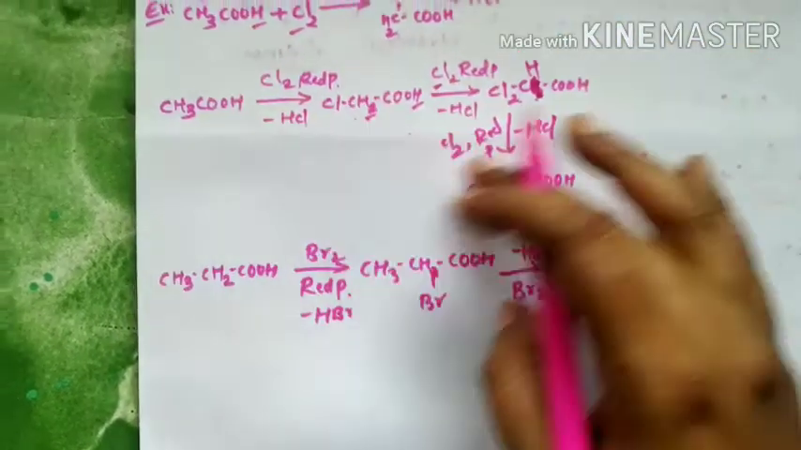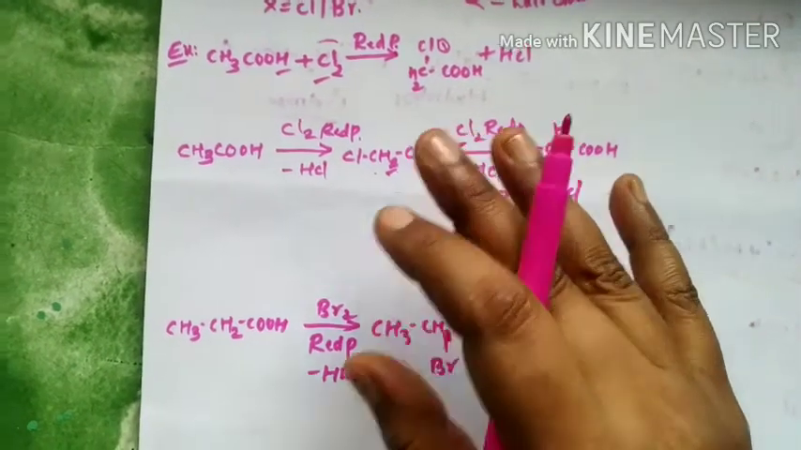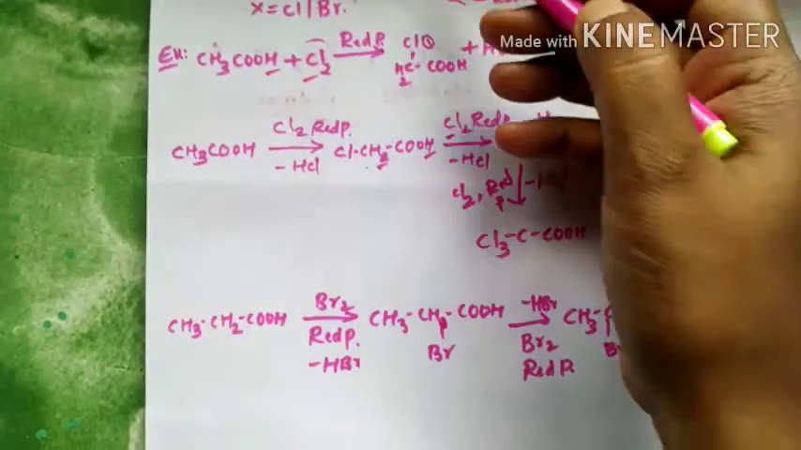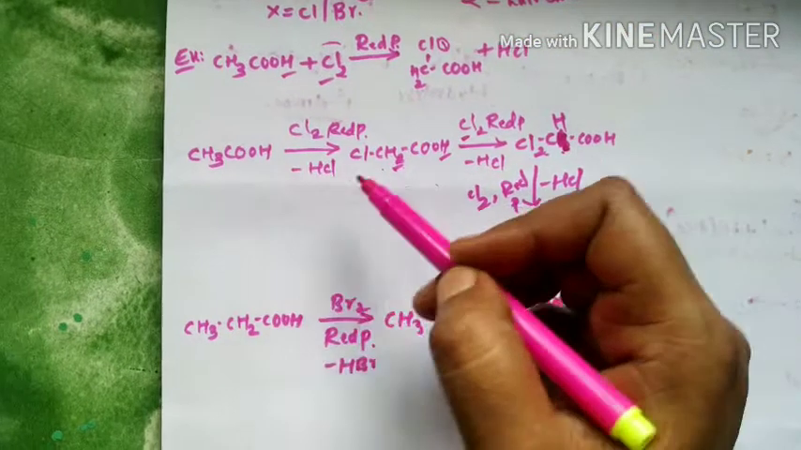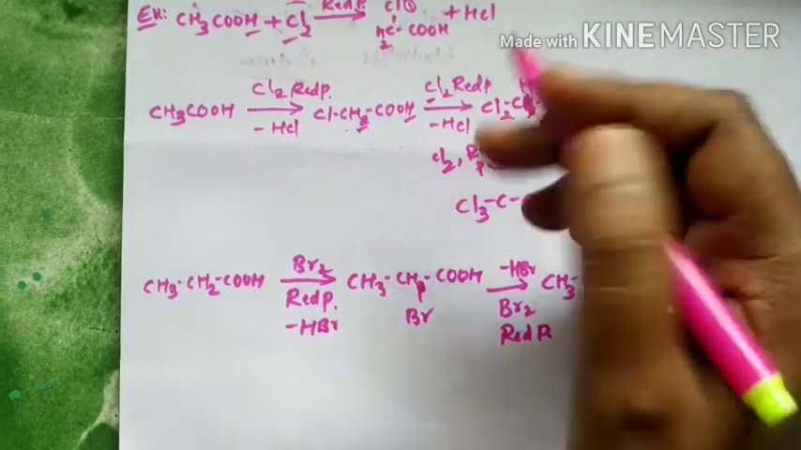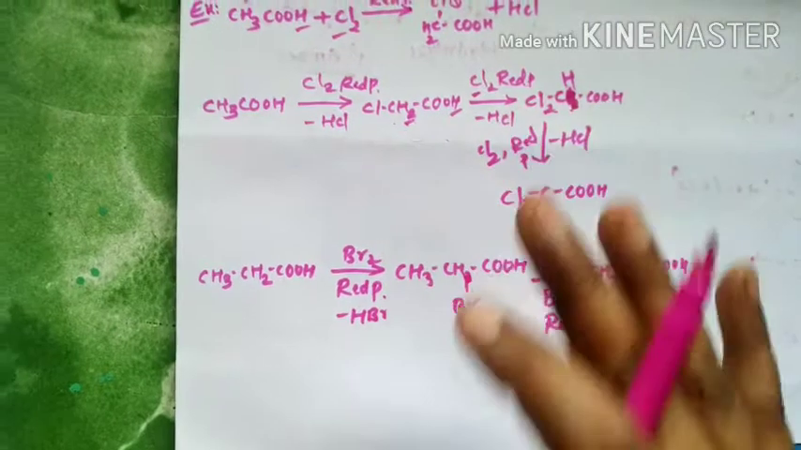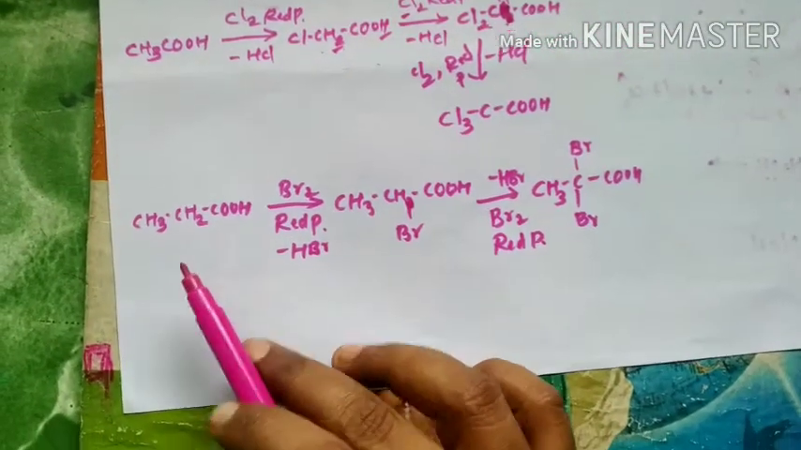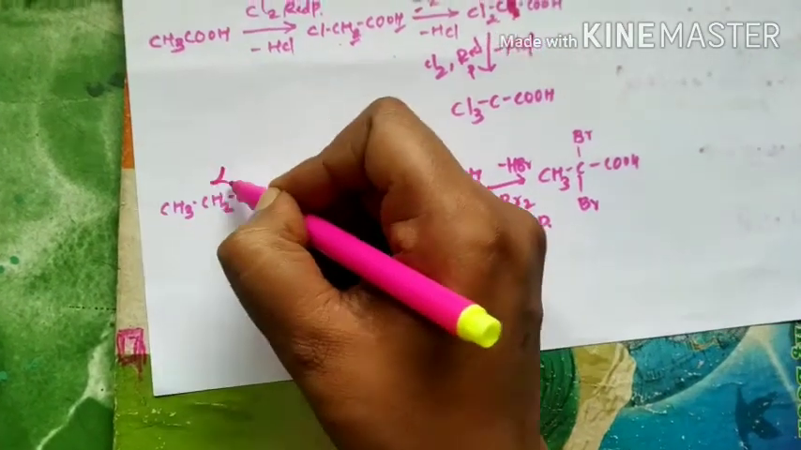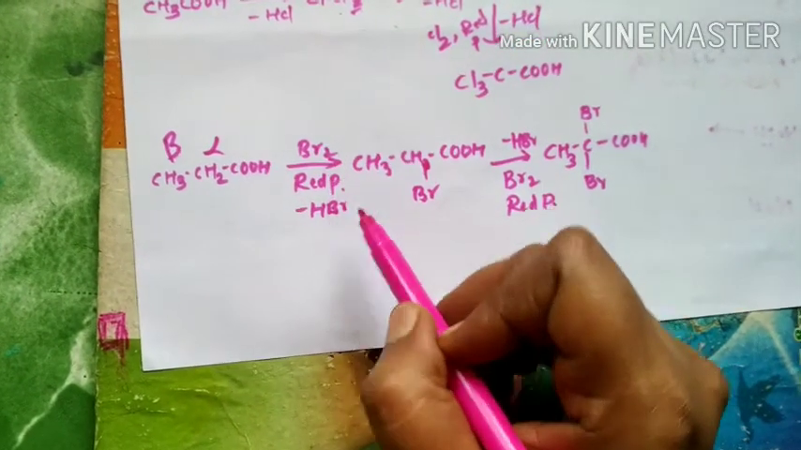This is the process of what we call the HVZ reaction, the Hell-Volhard-Zelinsky reaction. It means that when an alpha carboxylic acid is treated with chlorine or bromine in the presence of red phosphorus, it forms alpha halo acids. In the same way, if you use bromine, CH3CH2COOH, which contains both alpha and beta groups, this is propionic acid, when treated with bromine in the presence of red phosphorus,